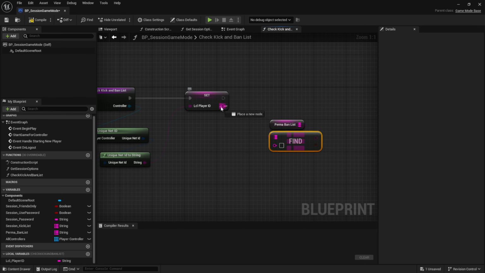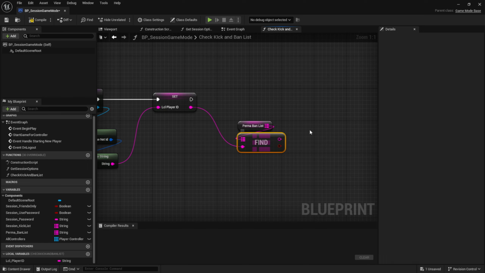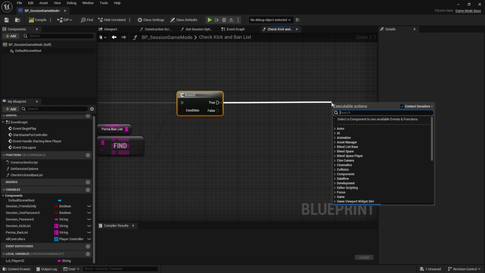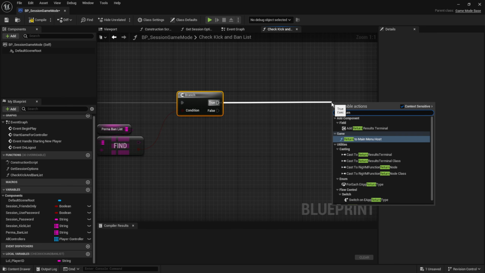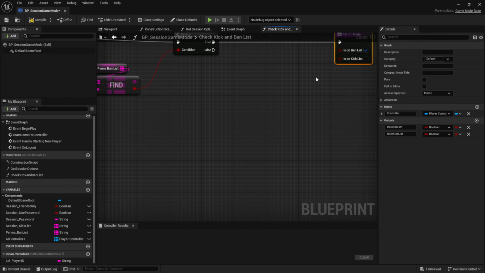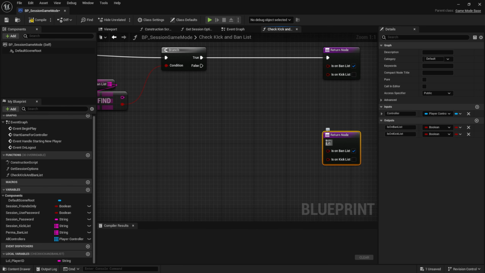So we want to look for the unique net ID, so we can plug it in and then hook the find node up to a boolean, so it returns true if it found the key, and otherwise it returns false. So if we are on the ban list, then we are found in this node, so we can grab a return node from here, and simply enable the is on ban list boolean like so. And we're going to grab a second return node, hook it up to the false pin, and then we can